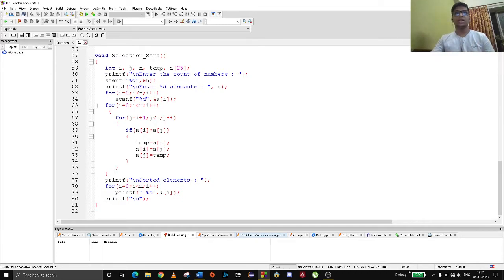So we take the count of numbers and store them in an array. Now this for loop is for swapping. In bubble sort it was the greatest, here it is the smallest.